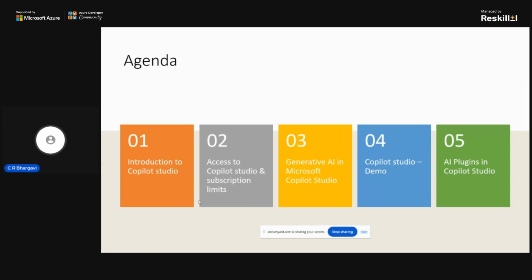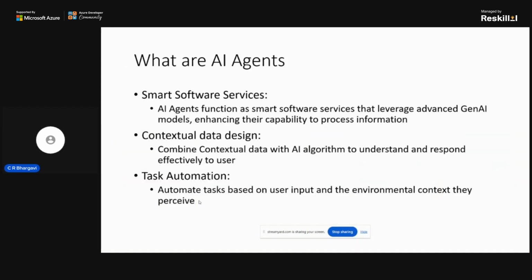Then we would see what we can do with Copilot Studio, its subscription and limits, and the generative AI capabilities it has. Most probably this session would be demo-oriented, covering Copilot Studio and Azure Foundry, where we would be developing the AI agent.